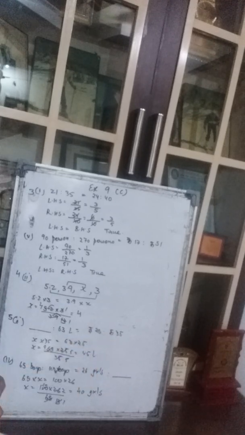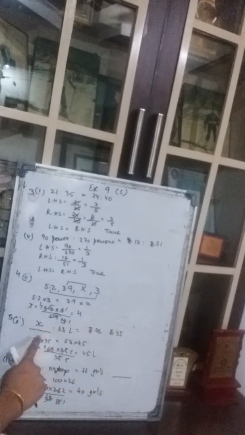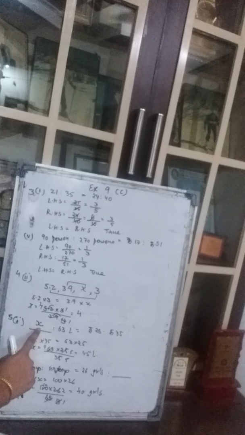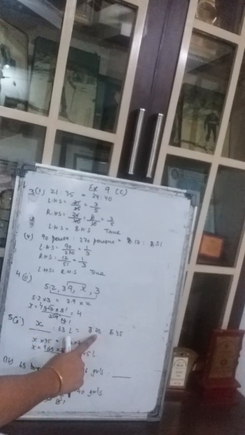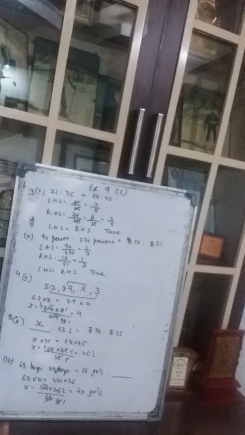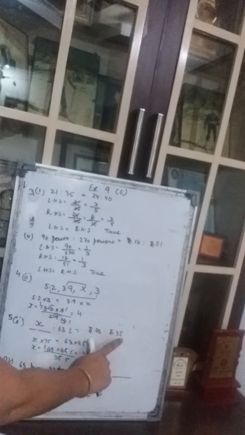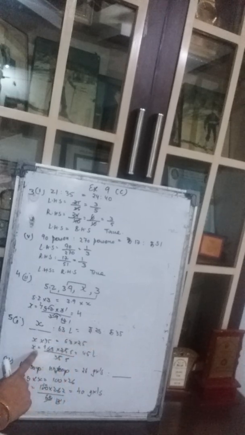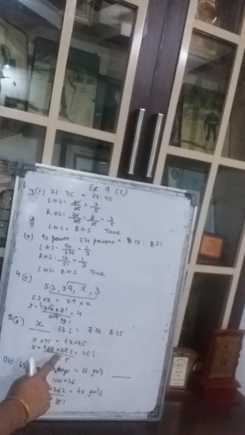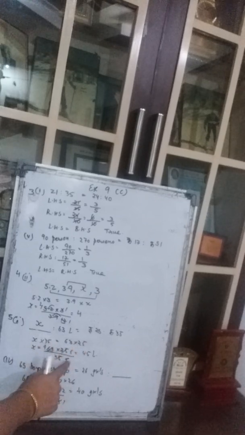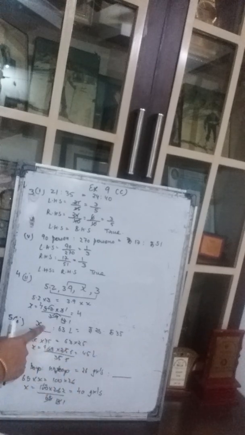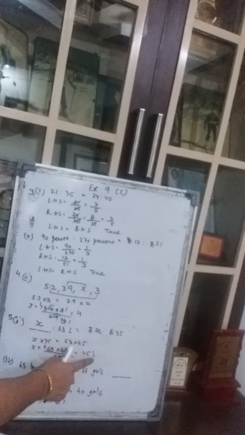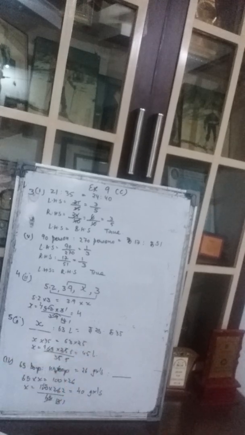So let us assume the missing number to be x. We do not know it, so let's assume it to be x. If it is true, then the product of extremes should be equal to the product of means. So x into 35, just forget about the unit here, x into 35 should be equal to 63 into 25. So x is equal to 63 into 25 upon 35. When we do the cutting, we are left with 45. Now you can put the unit. Here it was liter only, so liter will come. 45 liter is the answer.